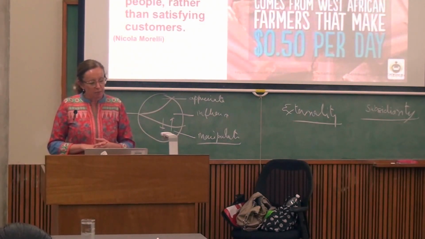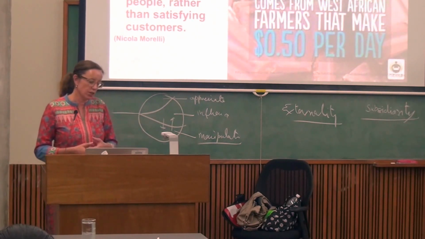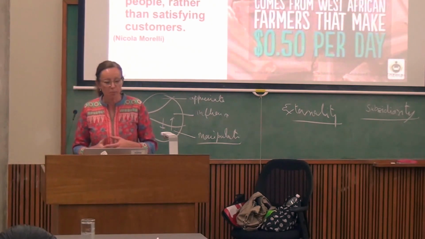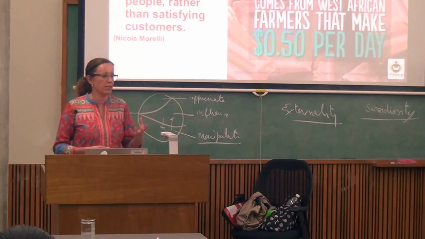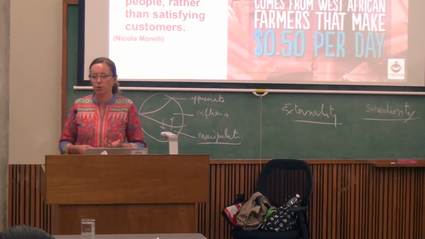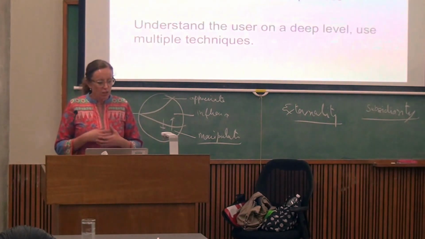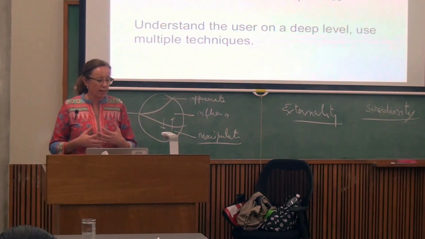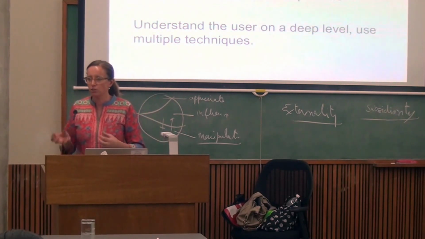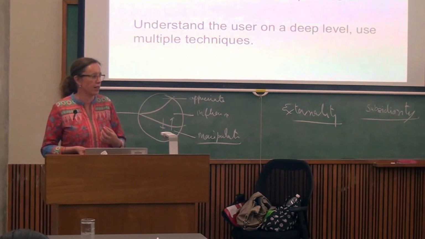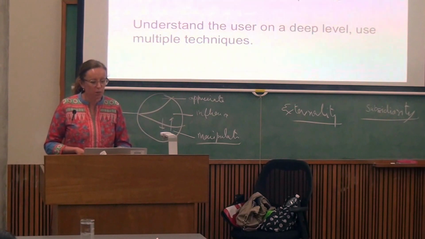So, really just to conclude, the result of socially responsible design is satisfying people rather than satisfying customers. In a sense, we are seeing the people, the users in these communities, as our customer in a business sense. Socially responsible design means looking at the big picture, looking at the context around the person: what technologies do they have, what skills do they already have, what things are they already doing that design could really help solve.